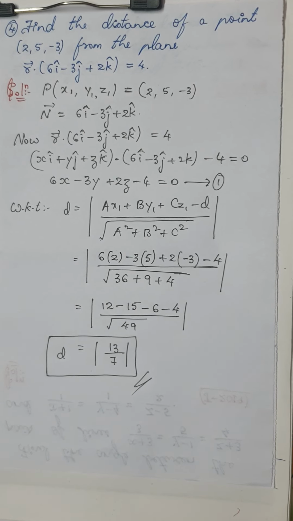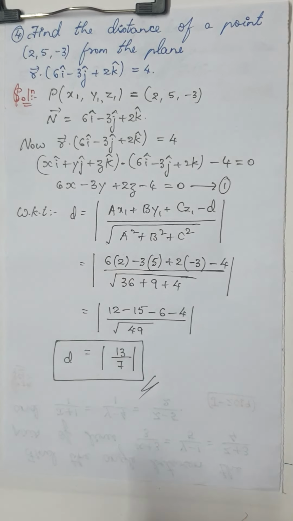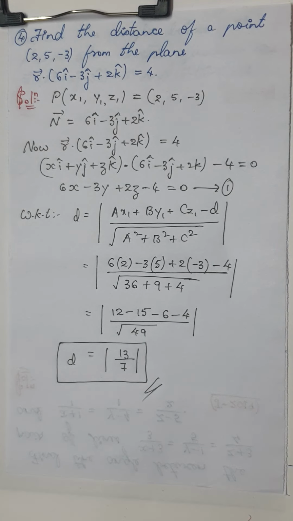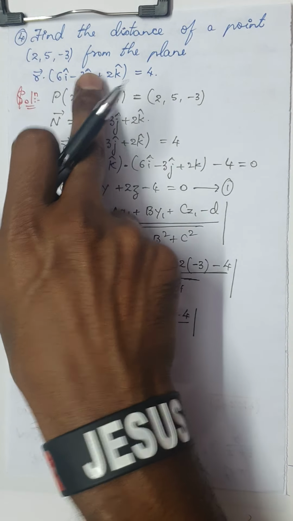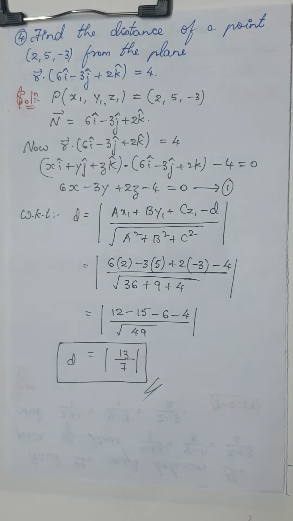Okay, very simple question, dear students. They have not asked this question. They have already asked the previous question we have solved, but in case they give you the point and the vector form, you should still be able to solve it. That is why I am giving you this as an extra question for 2 marks. Okay, fine. We shall move on to the next one.